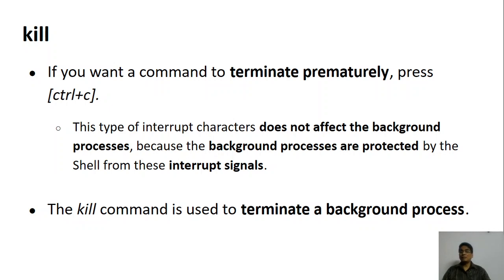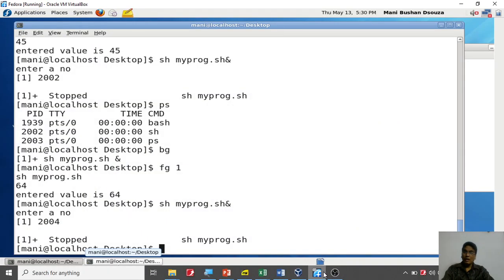However, because I have sent the program in the background, there is no way I can type Ctrl C. Remember, when you type Ctrl C, the process which is running gets terminated. But what I have done now is I have sent one process in the background. So if I press Ctrl C, which one? I can send any number of programs in the background. So which one needs to be terminated? I really don't know. So what if I want to stop a background process? Remember, a foreground process can be terminated much more easily.